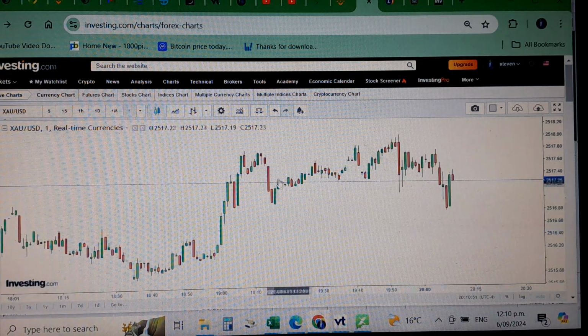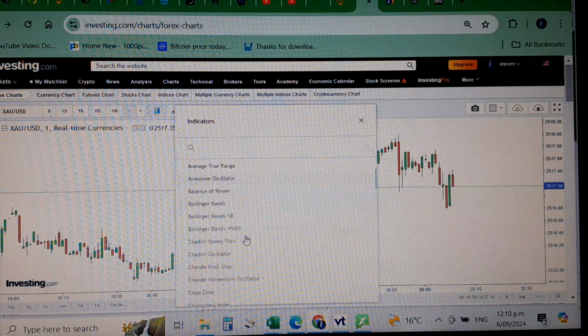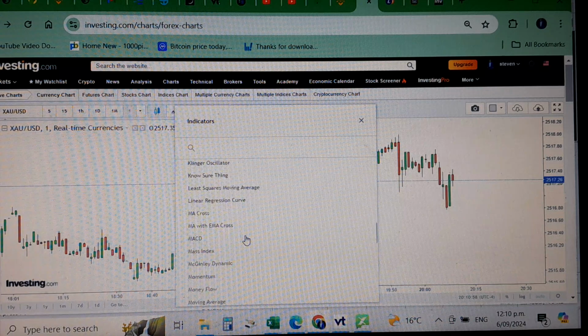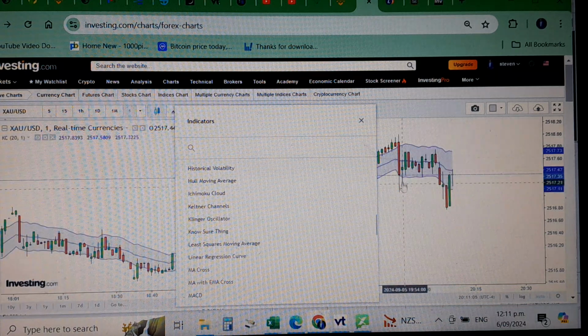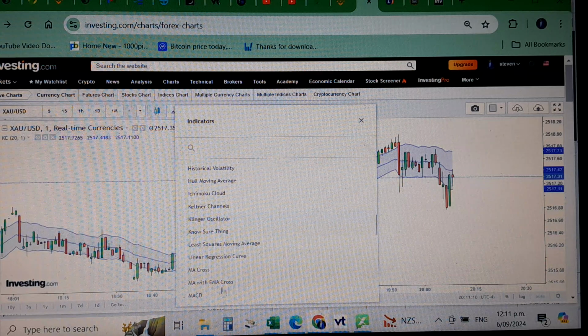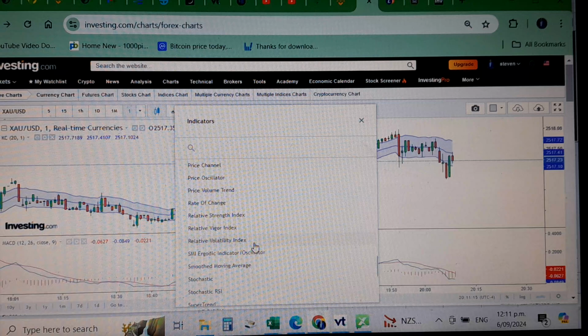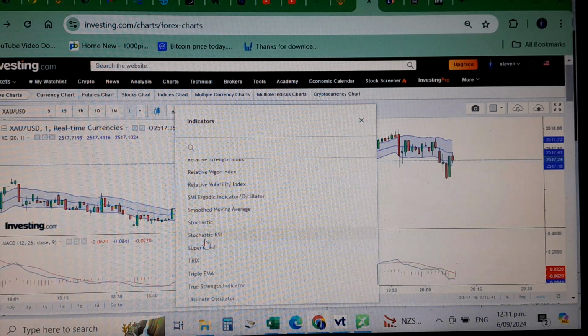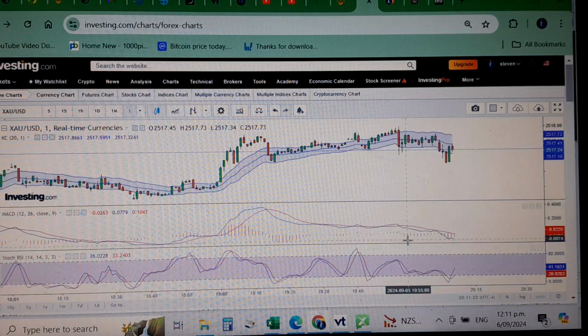And the first one you need to upload is, go up here, click on this, bring up the indicator, and this is the new one that I just found out: Keltner channels. Bring that up. Now I'm going to show you how to reset the parameters of it, format it. Then MACD, of course, and the last one is Stochastic RSI. Once you have these three signals up, and I'll explain a little bit more about them,